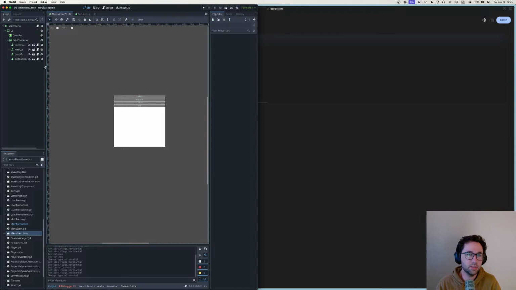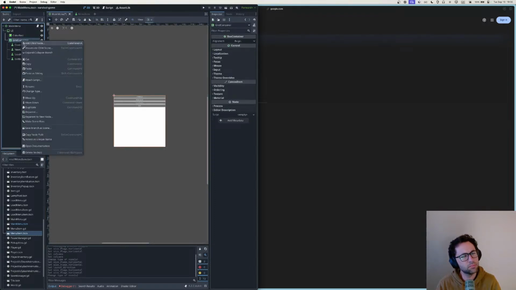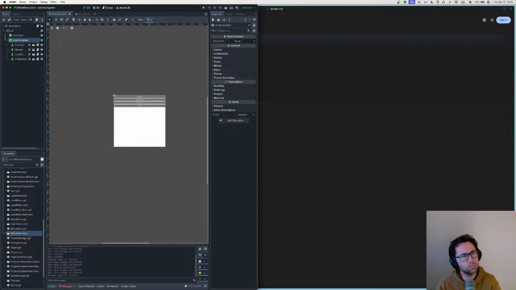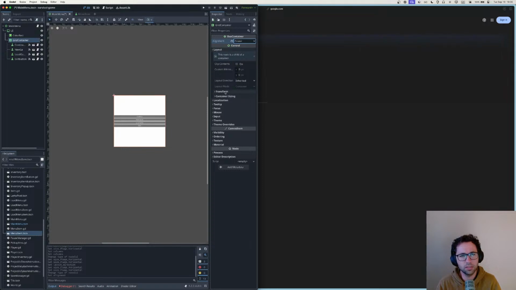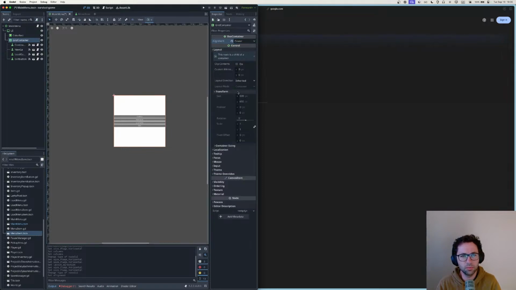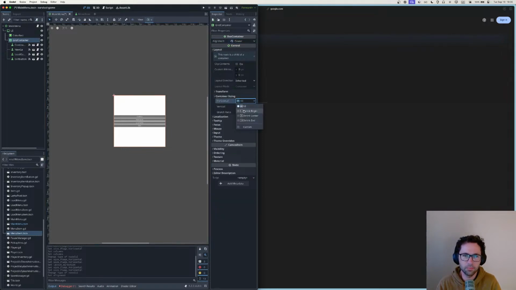So maybe it is VBox container that... Why is it now? Okay, so that's what I'm looking for, but